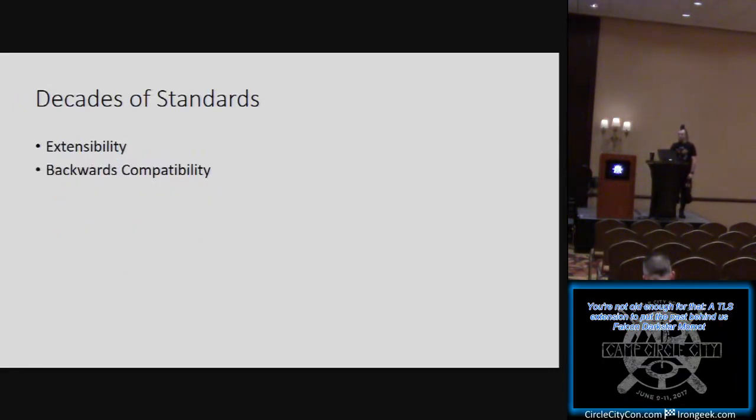So yes, the standard is designed effectively for extensibility and backwards compatibility. This is very important because it allows us to just kind of add things to the protocol without interfering with existing protocol users. TLS is essentially the same way. Newer versions of TLS implement an arbitrary extension set, and as well as this, the version field is such that a host running SSL v2 or 3 should be able to understand and reject a handshake that is intended for a TLS 1.2 implementing host. It also causes us to have identifiers assigned to every protocol version, suite, encryption scheme, what have you, in order that we can implement features like this.